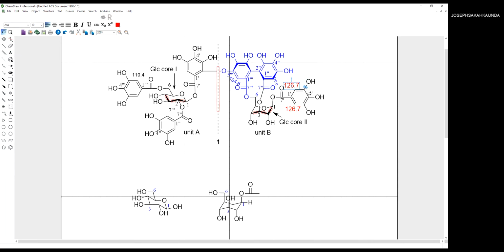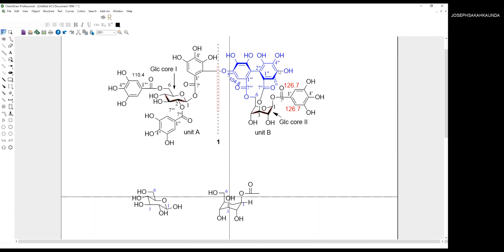This is the same, identical to this. This is on its own, it's not identical to anything. So that's how we get to differentiate the galloyls and HHDP. There's a linkage here. If you check carefully, you find that these two, this carbon-carbon linkage, have the smallest chemical shift values compared to the ones linked to hydroxy groups. Yes. So from this proton, you can easily find this and this